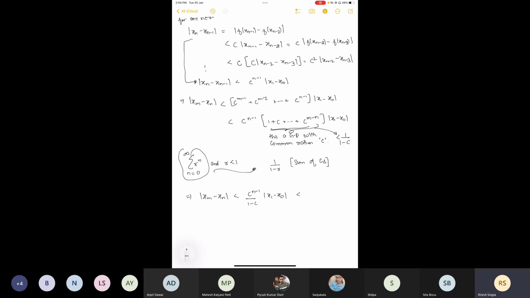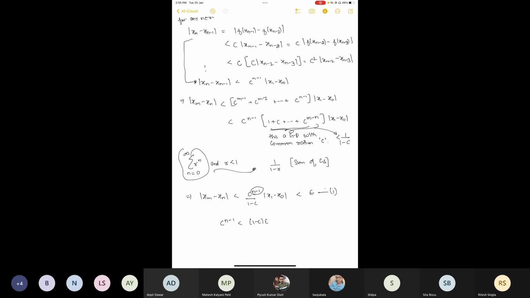And say you want some error less than epsilon. So now you can find your n. So if I make c to the power n minus 1 mod x1 minus x naught be less than epsilon, this is satisfied. So we want c to the power n minus 1 be less than 1 minus c times epsilon